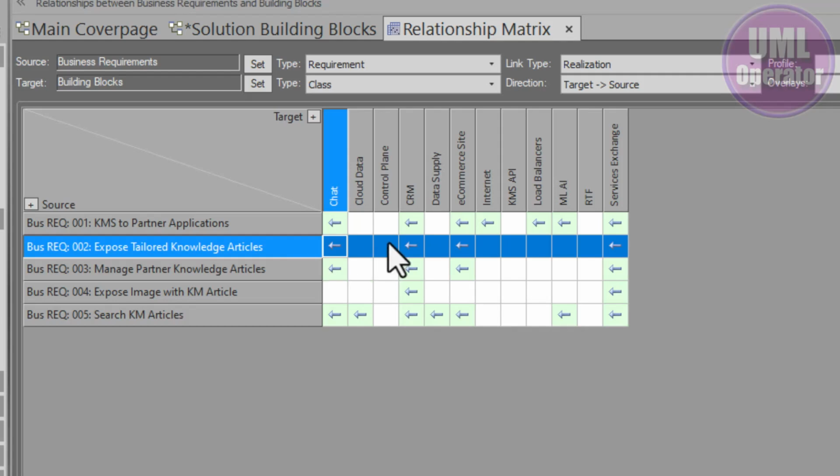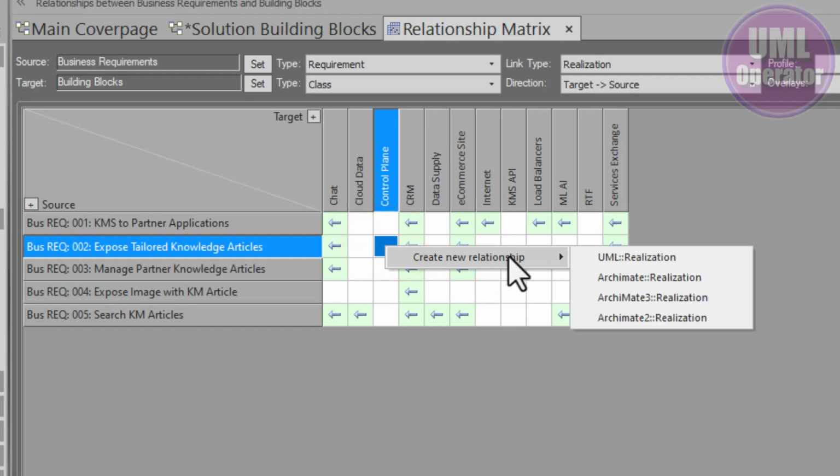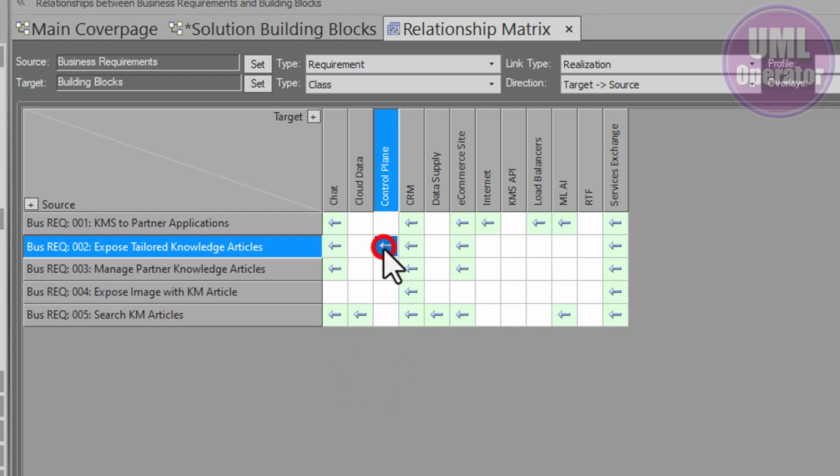And let's say, for example, that the control plane is implementing or realizing requirement 2. And so what we can do here is we can right click and create a new relationship. And because it has us looking at realization, well, what type of realization? With all the frameworks we have in here, we've got the typical UML realization type. We have Archimate, Archimate 3, Archimate 2. We're using UML realization. And you can see it draws an arrow for us because our default is target to source. And then we can double click on this